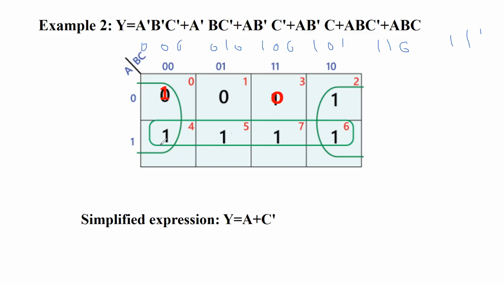So immediately I recognize that this whole horizontal line is 1. So I make it one group and I call it group 1. So I make a circle. You will draw this circle. Box. So I make this one group and then I see here 2 ones, here also 2 ones.